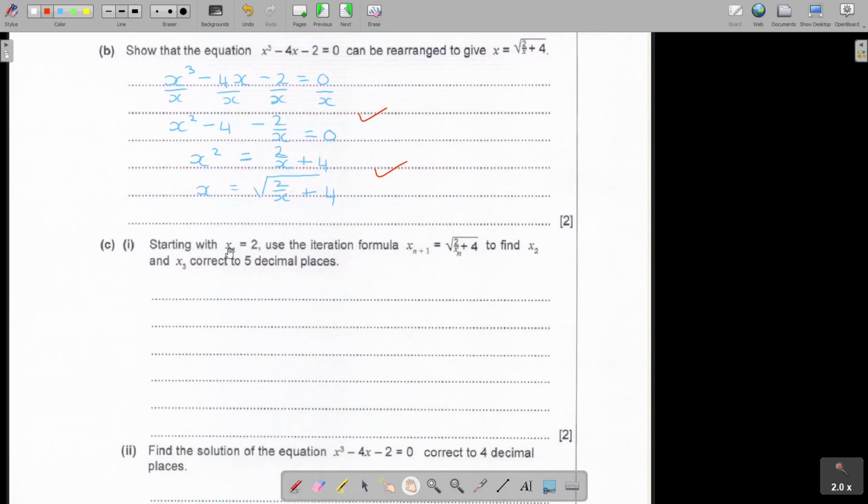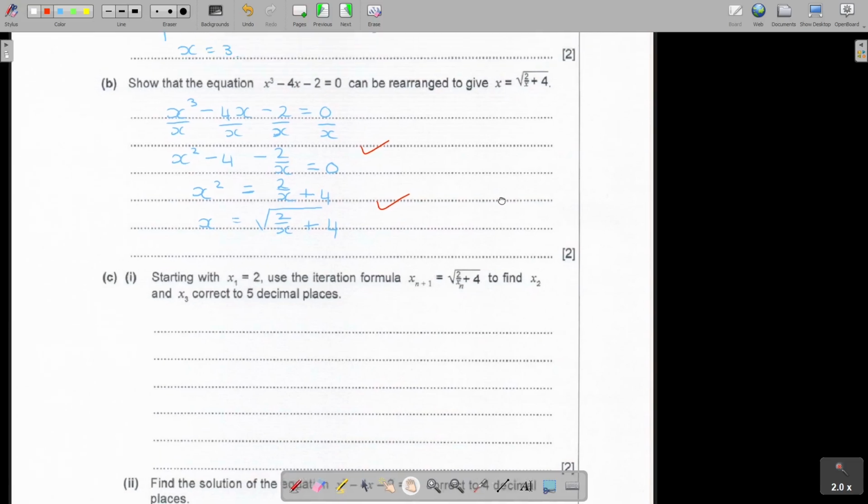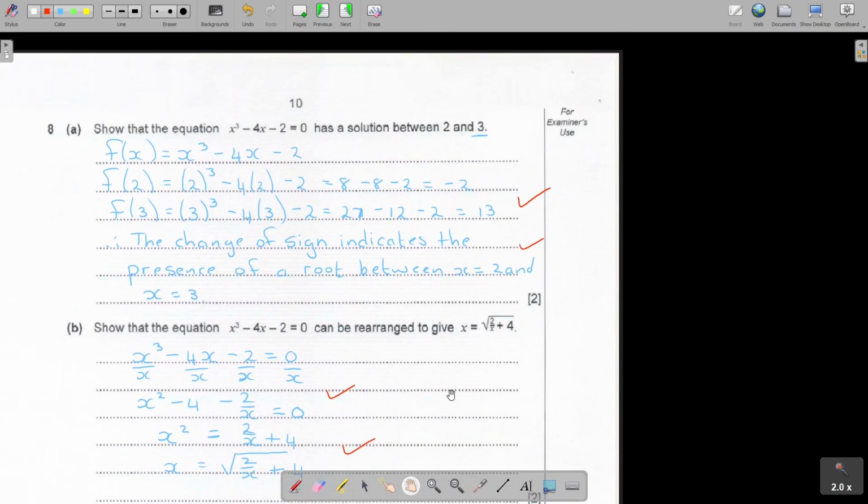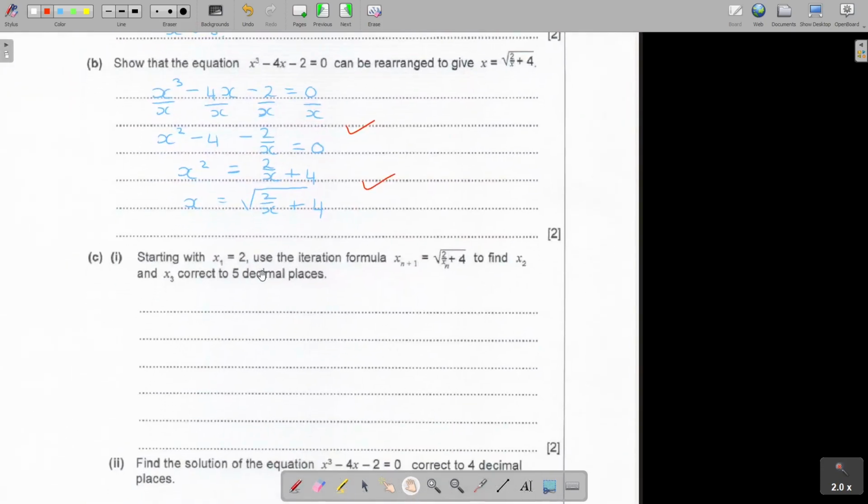Now, starting with x1, x1 is 2, so they tell you. So in this case, it could have been any number in between, or 2 and this, so they start with 2. They tell you, use the iteration formula, this is the one now, to find x2 and x3. Now, okay, so let's start by saying, I know now x1 is 2. So if I'm going to use that to find x2, it's the square root of